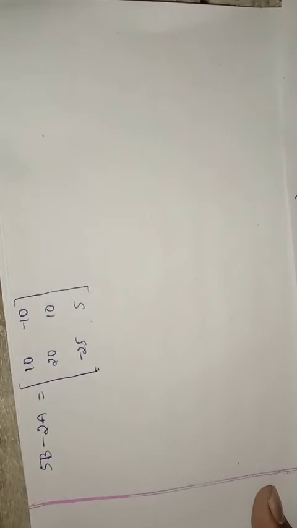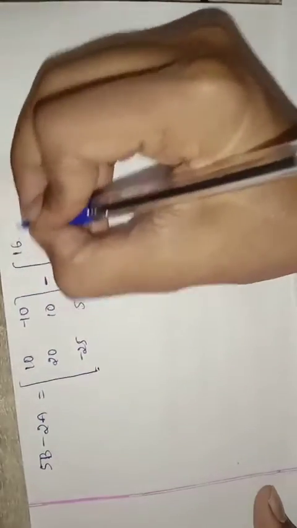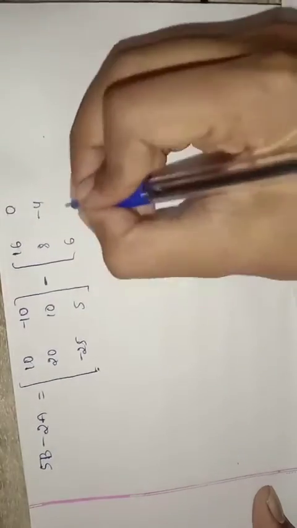So the 5B minus 2A matrix is nothing but, see, what is the 5B matrix I have, that is 10, minus 10. You have to do it along with me. See, you do this on your own as we go. Okay, it is just addition and subtraction, there is nothing in these matrices. So do 5B minus 2A, see what comes: that is 16, 0 I have and 8, minus 4 and I have 6, 12.